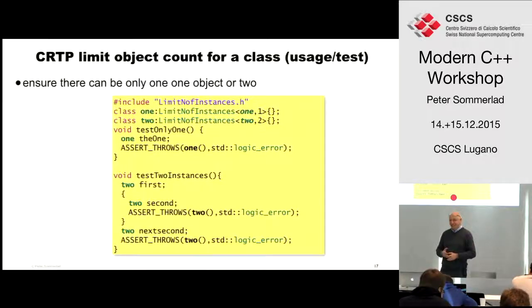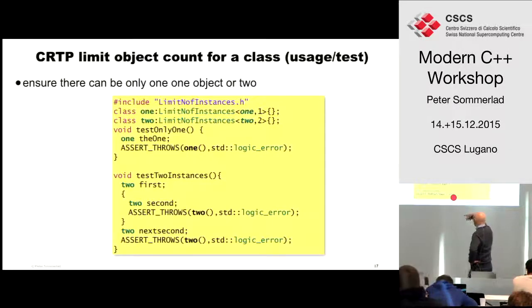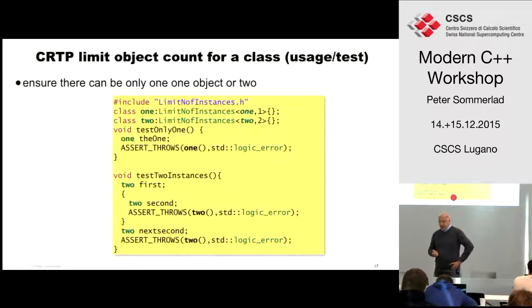Yeah, exactly. Thanks. I did show you the use case and not how it's implemented, so maybe the other way around, it's more obvious why you cannot do that. So this, just for completeness, is the same thing with the class 2, which would allow 2 instances. We can have 2 instances, and when we attempt to create a third one as a temporary, we get an exception, a logic error. But once the lifetime of the second one ends here, we are free to get another one. We just limit ourselves to 2 instances at the same time.